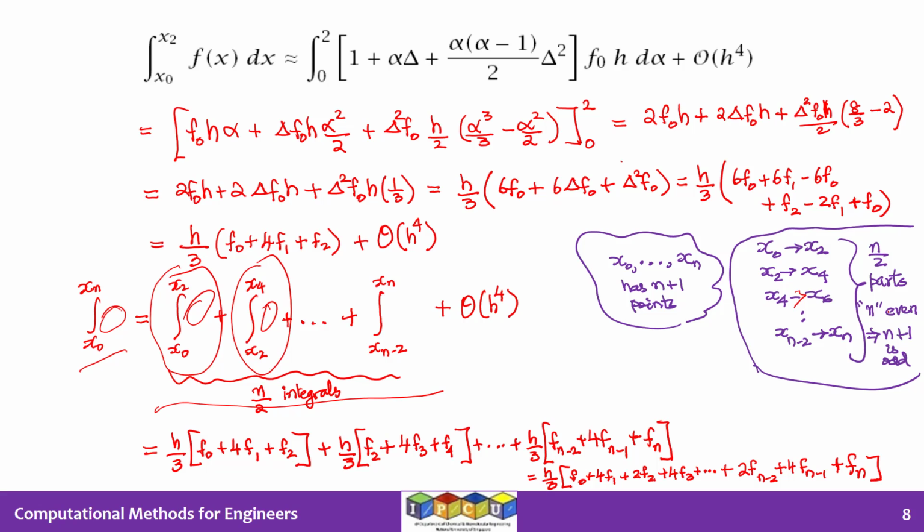Otherwise, n by 2 will not be an integer. So if n is even, n plus 1 is odd. Therefore, we should have an odd number of data points. Under that condition, you have n by 2 integrals. So the first integral will give us this result as we have just demonstrated here and as we have written